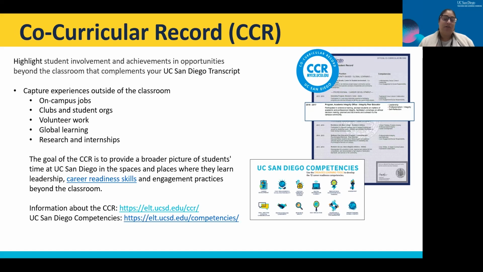So for the co-curricular record, this is a resource that is part of the Experiential Learning Hub in the Teaching and Learning Commons. So AIP, our program, is part of the Teaching and Learning Commons, and we also work in partnership with the co-curricular record. So this is actually a supplement to your transcript. So your transcript is going to have all your grades, all the classes that you've taken throughout your time at UCSD. So the co-curricular record accompanies your transcript, and it's pretty much a list of any experiences that you've had